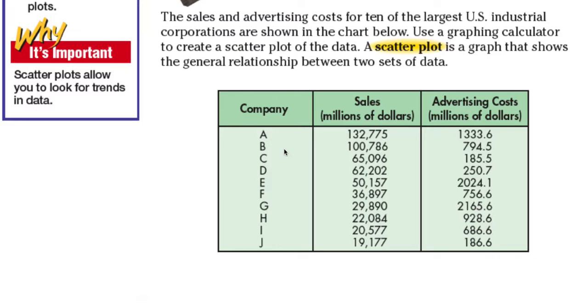The definition of a scatter plot, write this down, is a graph that shows the general relationship of two sets of data. Remember, we talked about relations in section 1. So this basically tells you more about the relationship of sets of data. But in this activity, we will not be using a calculator. For our own purposes, I use GeoGebra. That is free for you to download, put it in your computer, so it can help you at home